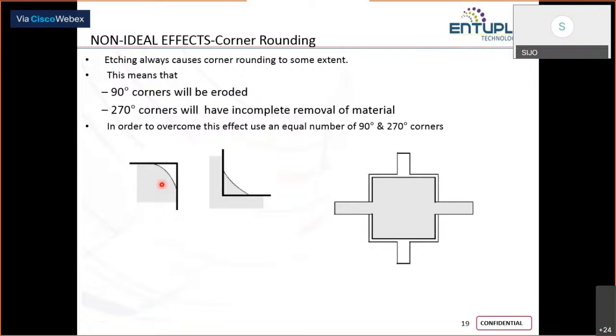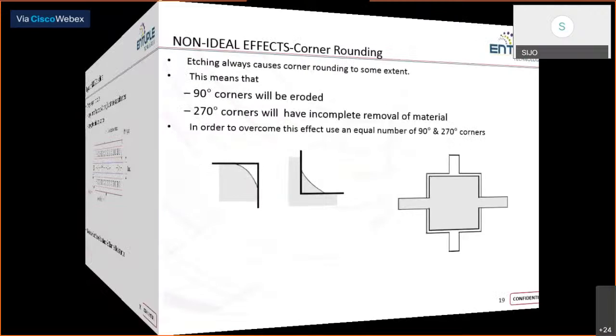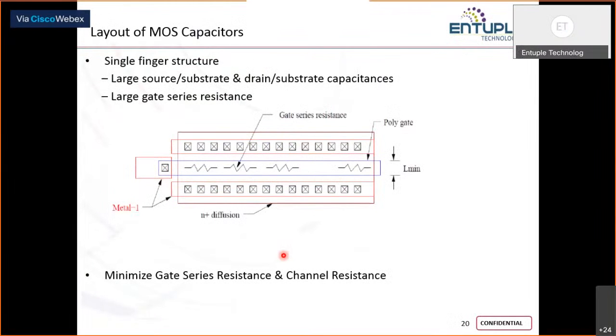So when you move to the next slide, yeah. So this is basically the cross section of a MOS capacitor layout, a MOS cap. So I'm showing a single section. You can see you have only one gate, polysilicon gate. What I'm trying to show is what are the